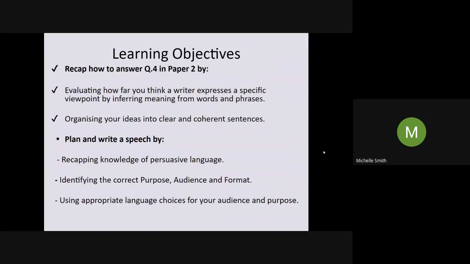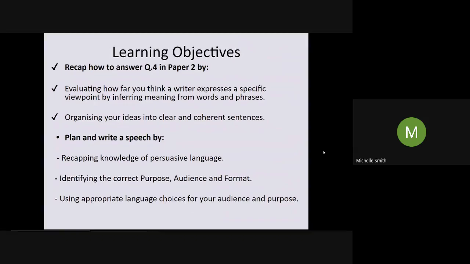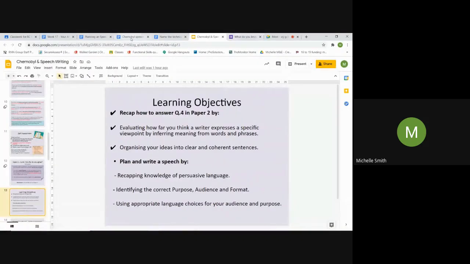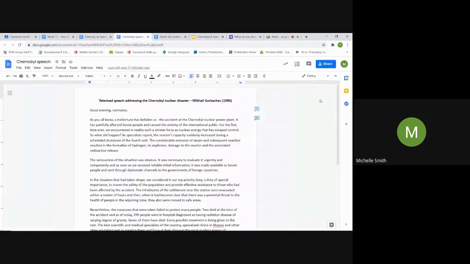Second part of the lesson this week is we're going to be doing a writing task. So as I said, we're going to be planning and writing a speech. Now, you've had an example of a speech read to you, the speech by President Gorbachev. So you can see from a layout point of view, all you need to do, let me get the speech up again,